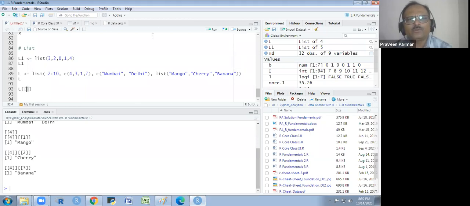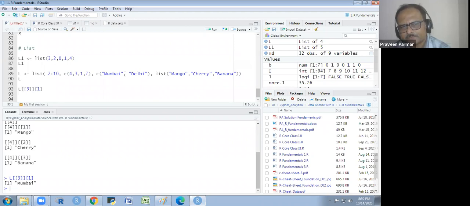I want to choose this one, Mumbai. So it is the first, second, and third, and this is the fourth sublist. So this is the second, third sublist I am choosing, and this is the first element in this. So I will use the single square bracket and the 1. And if I run this, I will get Mumbai.